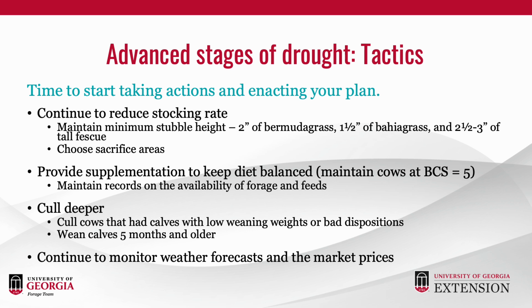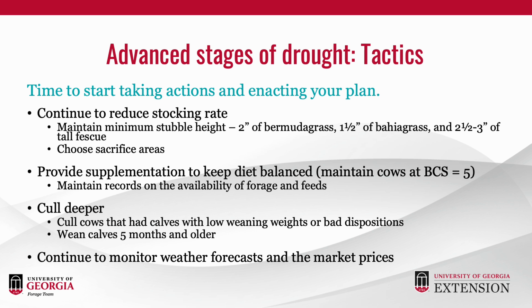Once we reach that advanced stage of drought, it is time to start taking actions and enacting the plan that we made in the early stages of drought. Poor persistence of our forages leads to weed encroachment and soil erosion, which can be costly to you as a producer in the future. We need to continue to reduce our stocking rate and maintain a minimum stubble height of